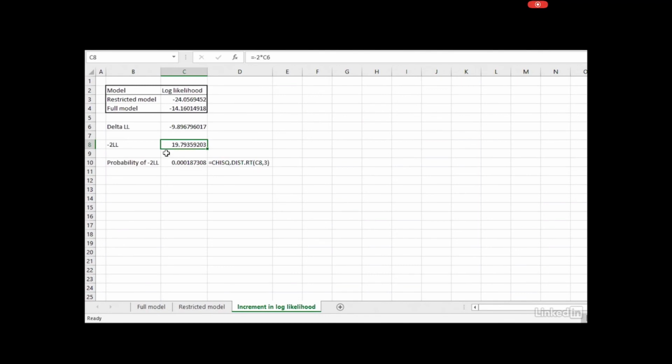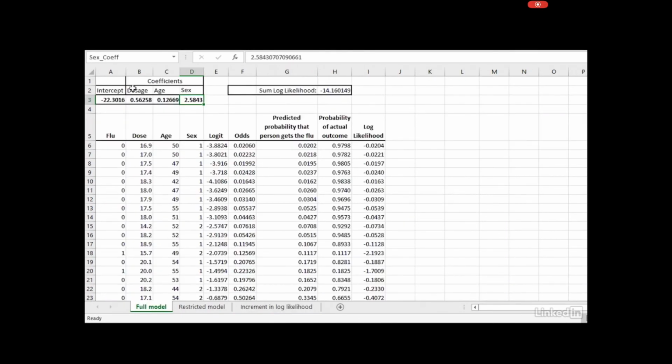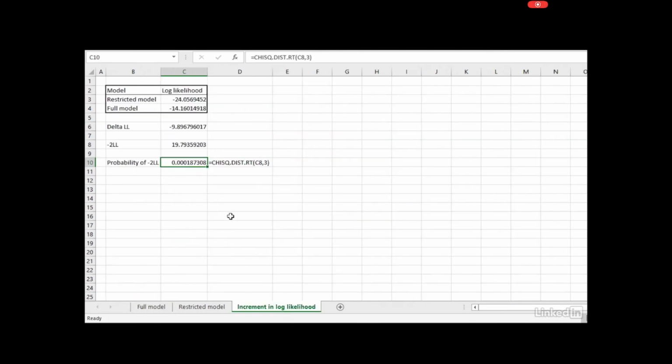Now, we can submit that value to the chi-square function in Excel, which is CHISQ.DIST.RT. And once we do that, we get a probability of obtaining a value as large as 19.79 from a chi-square distribution with 3 degrees of freedom. Those 3 degrees of freedom represent the 3 variables that we dropped out of the equation in the restricted model. So by constraining those 3, we get 3 degrees of freedom for the chi-square test,